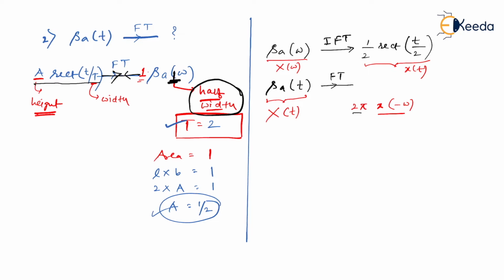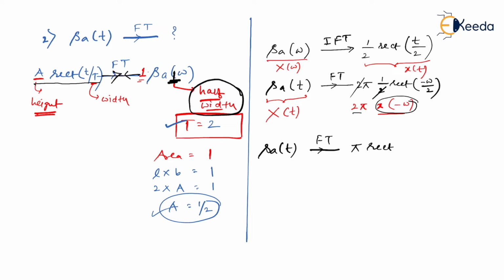So let me write it. So we have 2 pi here. So I have written 2 pi. Then x of t is replaced, t with minus omega. So it becomes half rect of minus omega by 2. So here 2 gets cancelled. Finally, sampling of t will have a Fourier transform as pi rect of